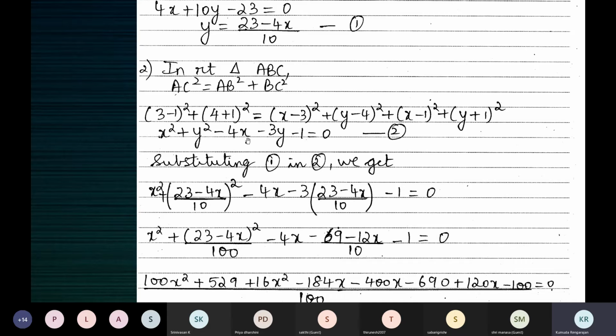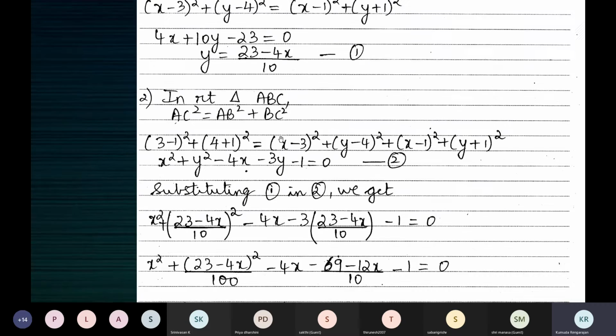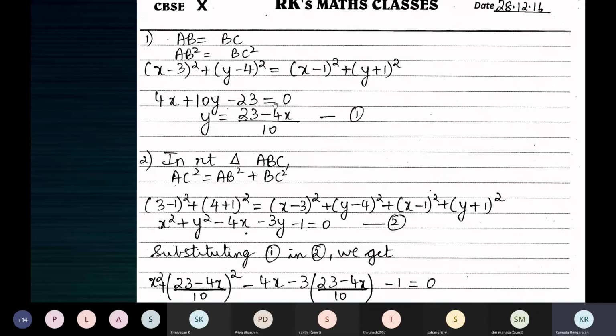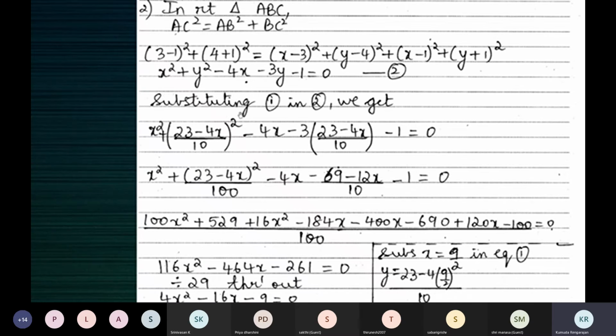Now, what you see is when you work the second one, you're getting a quadratic equation. But when you work the first one, you got a linear equation. So what we do is we go back to the linear equation and we write y in terms of x, or you can write x in terms of y. Why? Because the second one is quadratic. The first one is linear. How to work them? By the substitution method. So go back to the first equation, which is linear, and write one in terms of the other, x in terms of y or y in terms of x.